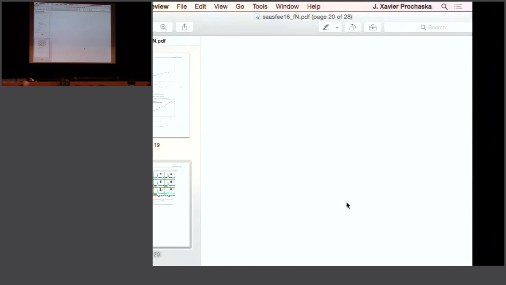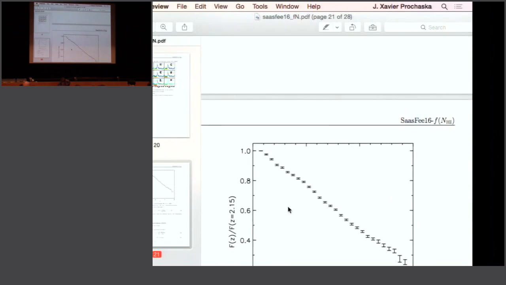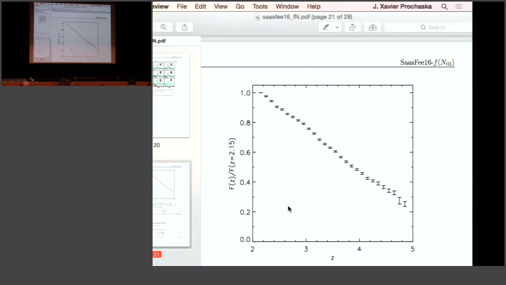You've seen already the slides. And here, now from the full glory of the Sloan Digital Sky Survey, is the average flux decreasing with increasing redshift out to about a redshift of 5, which is as far as you can really go with Sloan. And so combining the individual spectra from Kirkman and from Claude-André Fauché-Giguère with the relative measurement, this is purely a relative measurement from the Sloan Digital Sky Survey, we have a very precise description for how the effective opacity evolves from a redshift of 2 to 5,